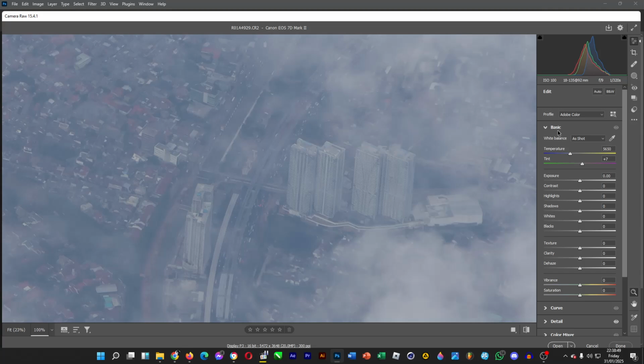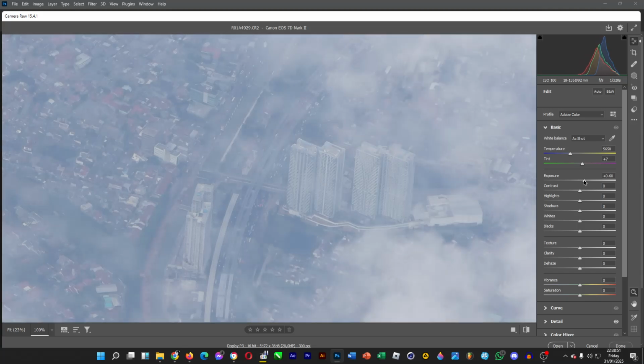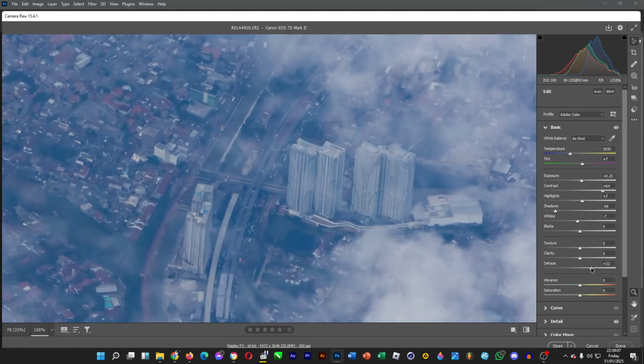And then we're going to go to basic and do some tweaks with the contrast level and the exposure. Reduce the highlights just a bit, the shadows as well. You can even increase the dehaze amount so that it's not so hazy, just like this. All good now. But maybe let's highlight the apartment buildings